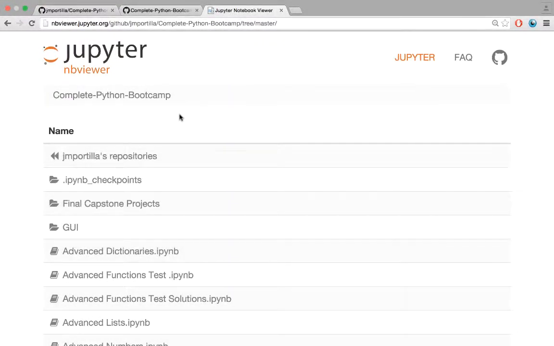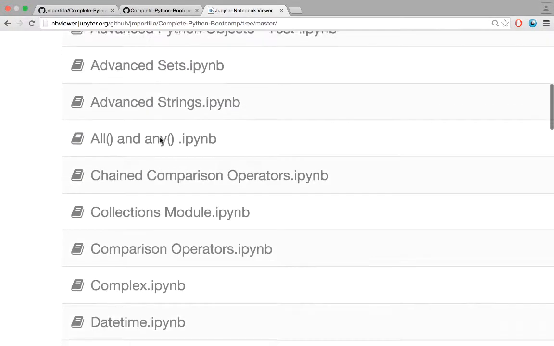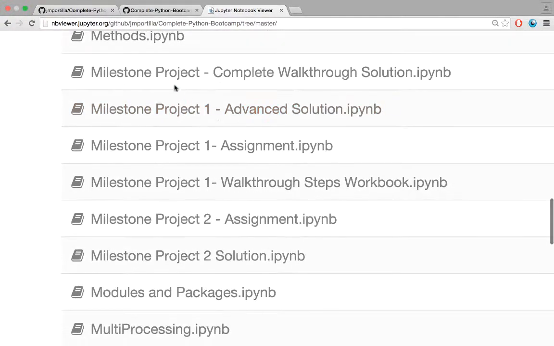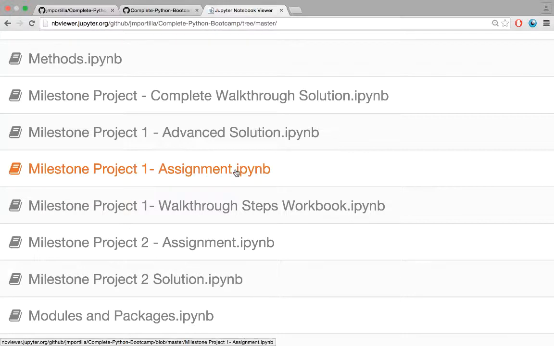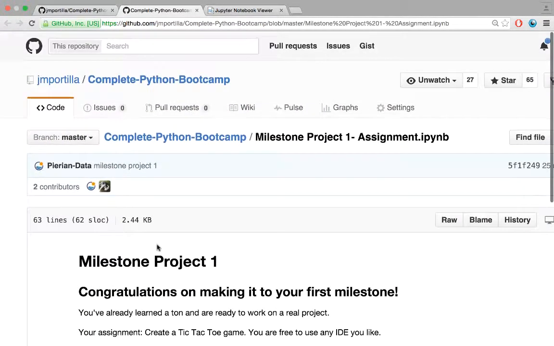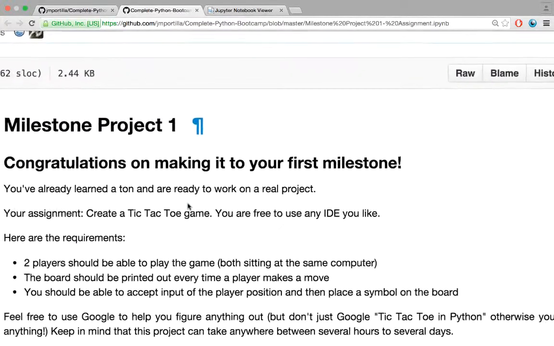So here I am at the Complete Python Bootcamp repository. If we just zoom in here, you can scroll all the way down to the M section for Milestone, and you'll see a couple of Milestone Project notebooks. We're going to go ahead and check out the Milestone Project 1 Assignment Notebook. That should take you to this notebook here. In this case, I actually have it open in GitHub, not NB viewer, so I can get the latest